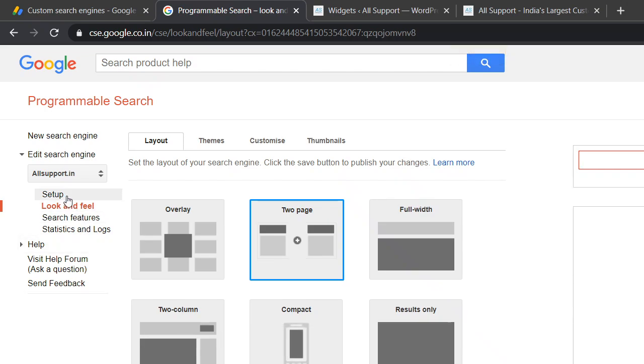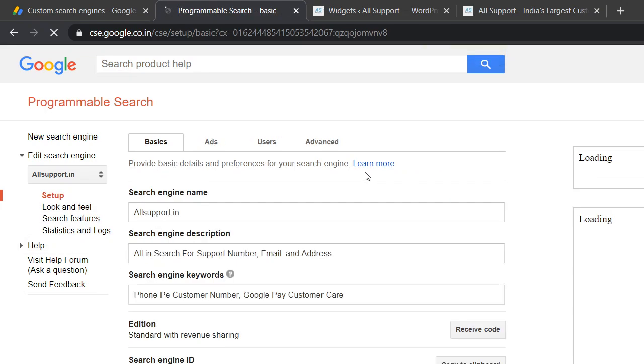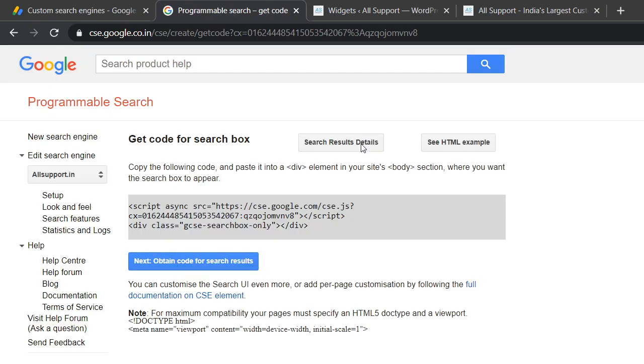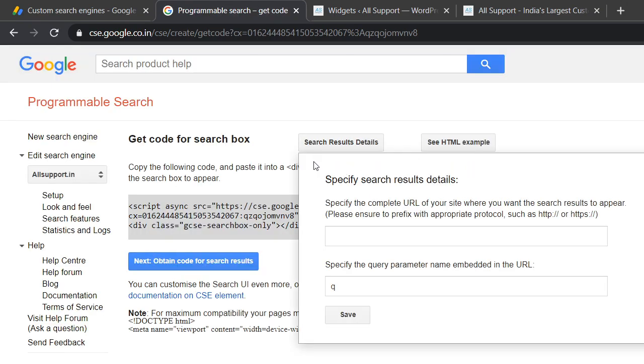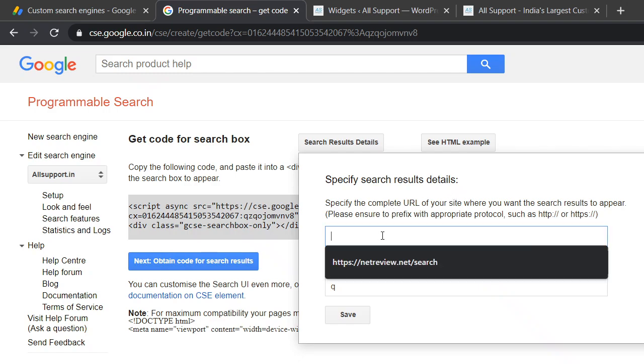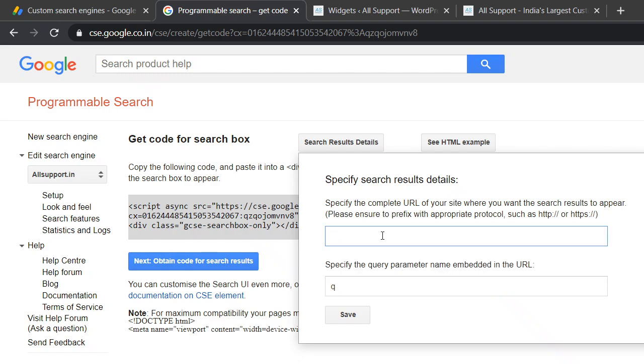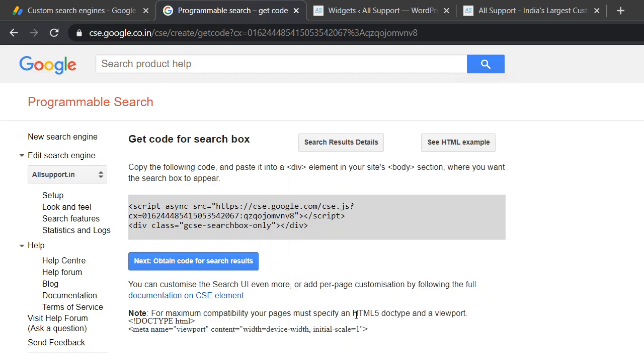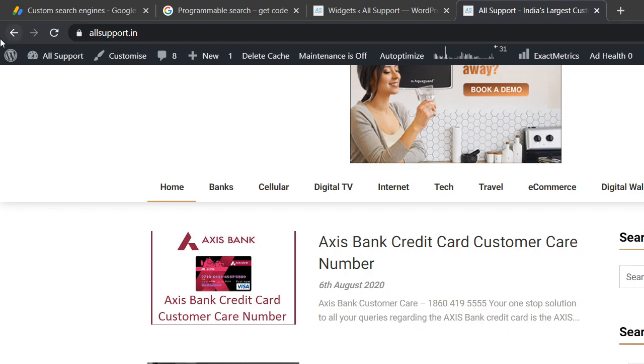Here you can configure where the expected result should show up. Support.in is the query parameter, and we'll add this, save, and refresh this page.